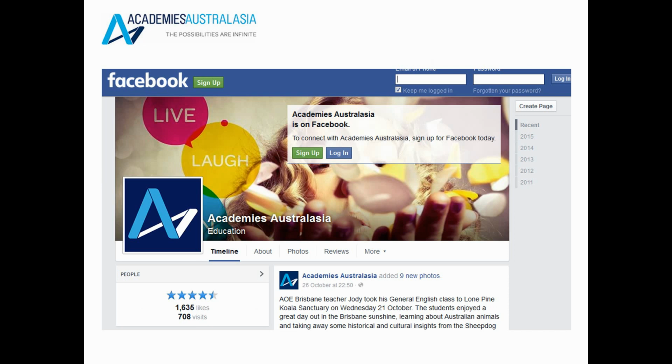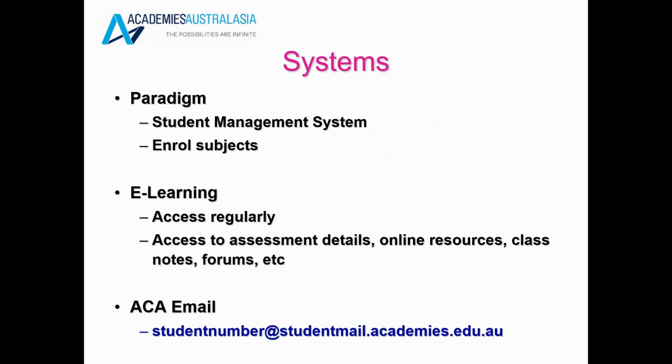For important information, the systems you will use are Paradigm. This is a student management system, and you will use this system to enrol in subjects. The e-learning system is what you will access regularly to access assessment details, online resources, class notes, forums, and so on.